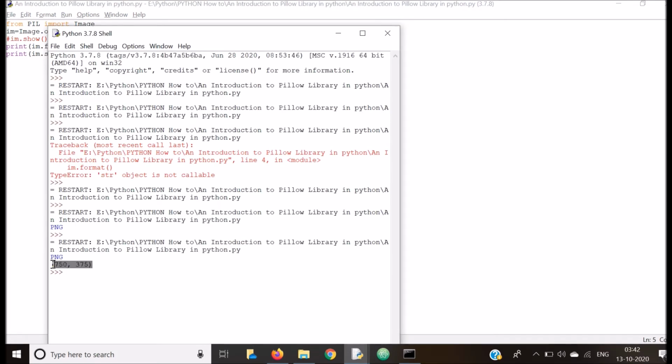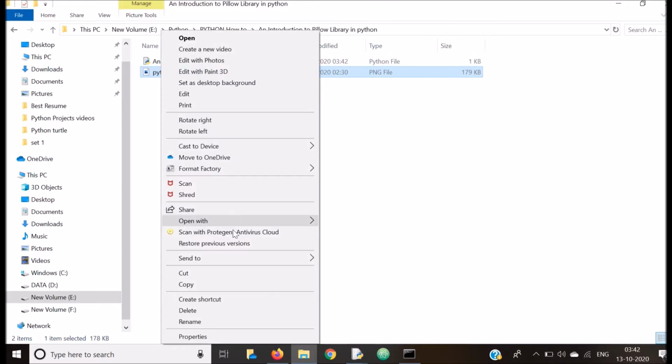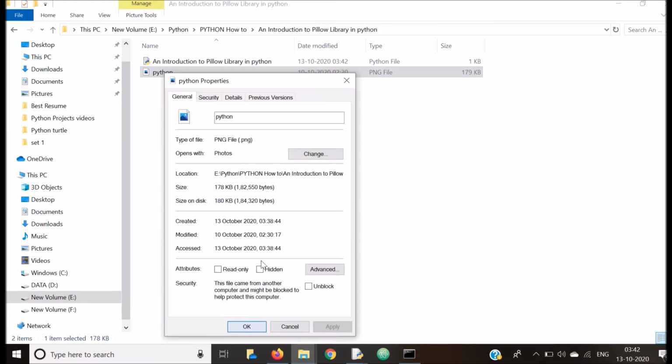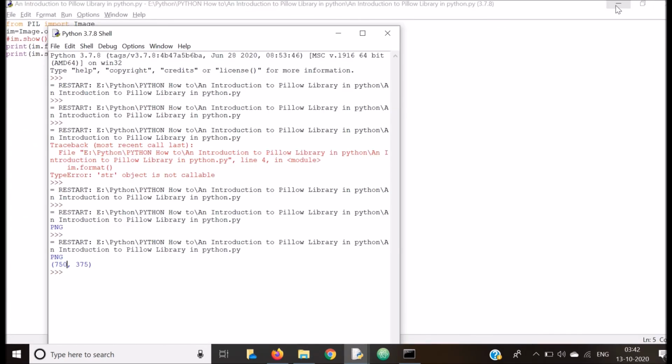See, size is 750, 375. We can verify also. 750 into 375. Okay, it is correct.